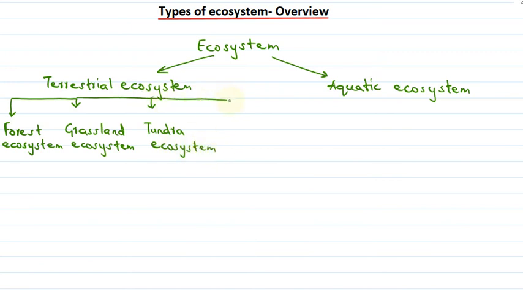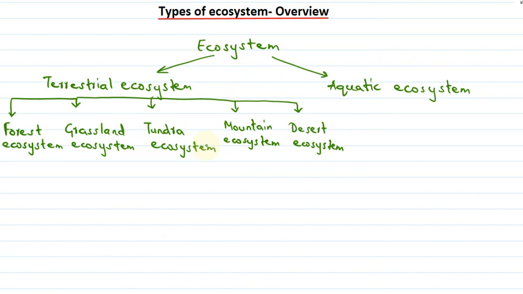Then there is mountain ecosystem. And there is desert ecosystem. Okay, so these are the different types of terrestrial ecosystem, that is they are all